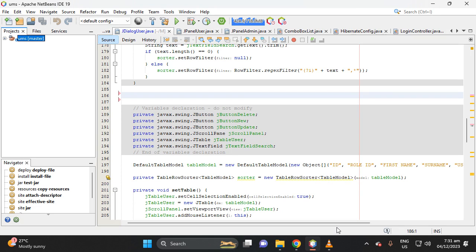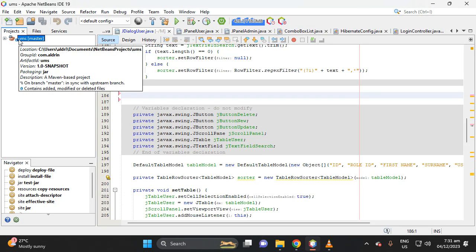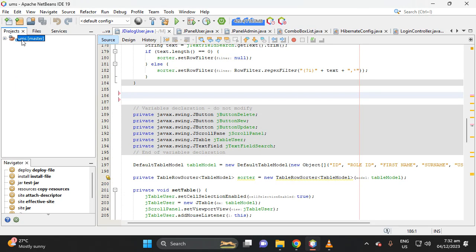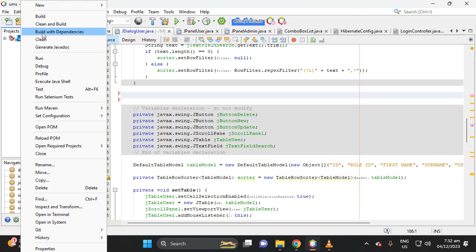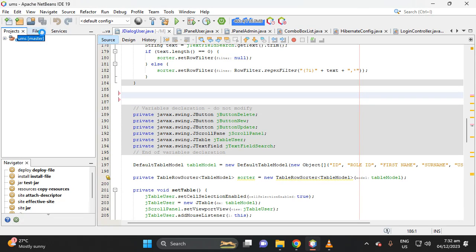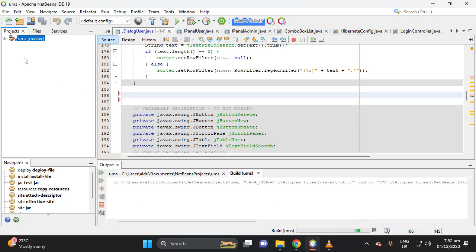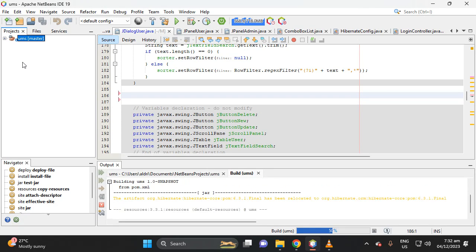In this video, I will share with you the user management system. After you open your NetBeans, make sure that your project has downloaded its dependencies. So right click this project, then build with dependencies to download all the dependencies of this project in your local